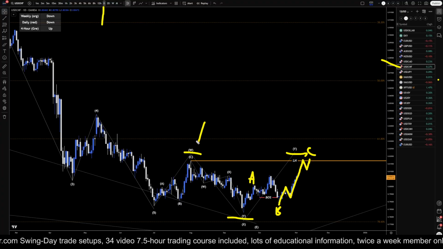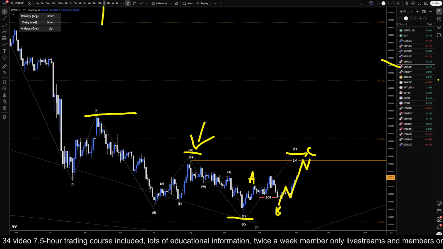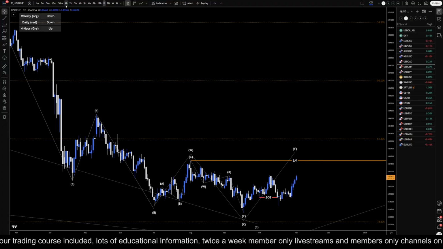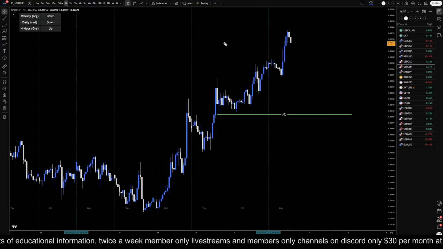Most likely, this is going to go up and take out the high of wave W, and it possibly could even try to go up and take out the high of this wave 4 back here on the daily to weekly time frame. So going down to the 1 hour time frame, I personally definitely wouldn't be trying to go long now, and I also wouldn't be trying to go short.